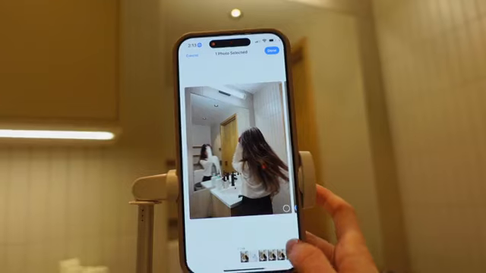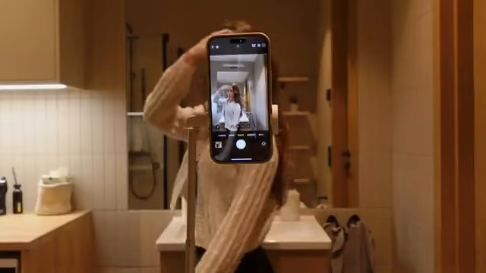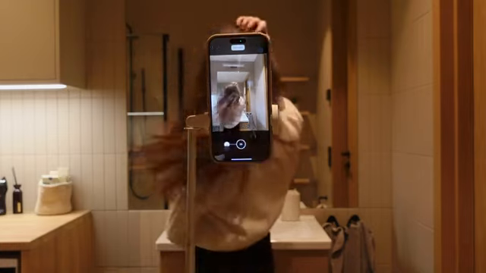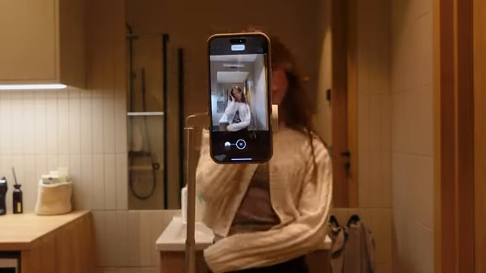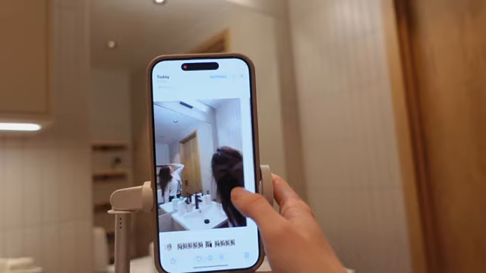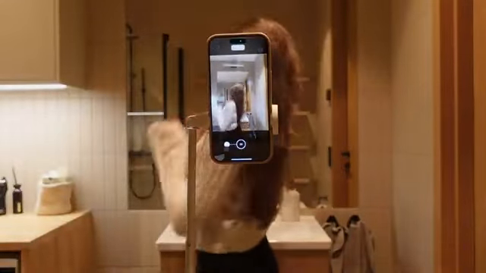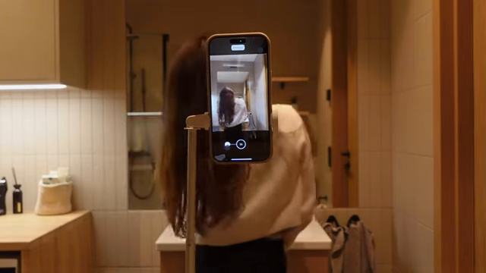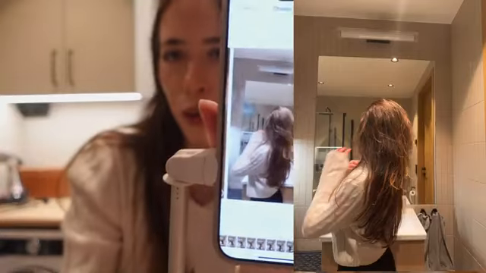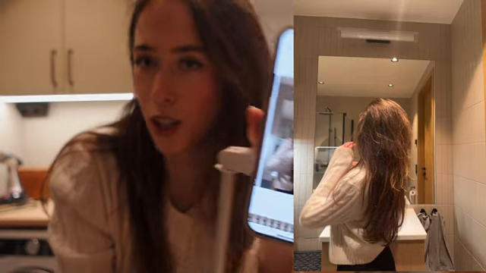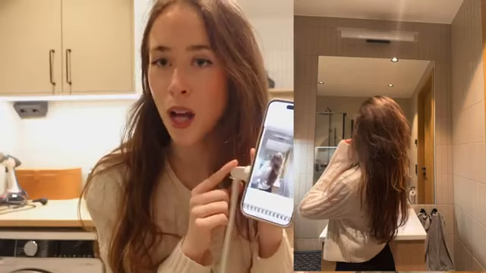The burst feature is also really useful if you take pictures of yourself. You can do a little hack where if you say a specific word, photo burst, the iPhone camera will automatically do a burst, so you don't even have to use the self timer. I mean, this really isn't a new hack, it's been around for a couple of years, but it's like a game changer when you want to take pictures of yourself instead of having to set a self timer. What is this? This is actually a really good picture,